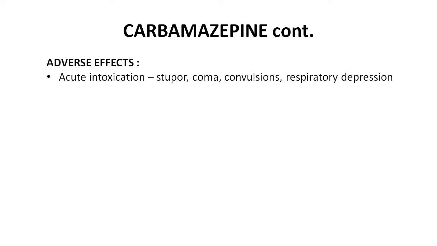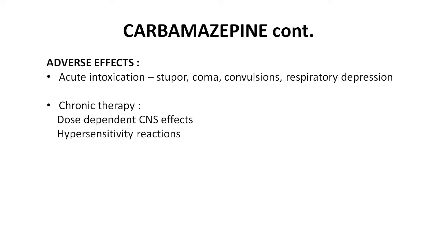Okay. Adverse effects, I have already told you. One of the things that can happen with overdose or acute intoxication is that the patient may go into stupor, coma, and the drug itself can cause convulsions. It's an anticonvulsant, but in overdose it can also precipitate convulsions. Other than that, there is also respiratory depression. On chronic therapy, I have already mentioned the CNS effects. These are dose dependent. There are also allergic reactions, hypersensitivity reactions like rash, commonest manifestation,